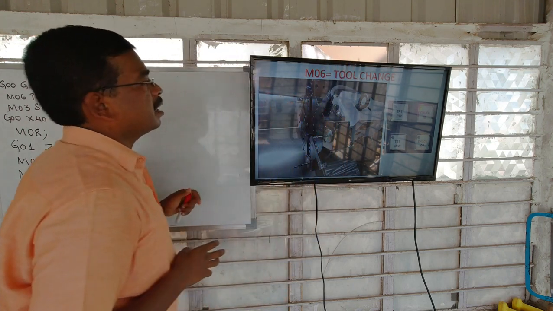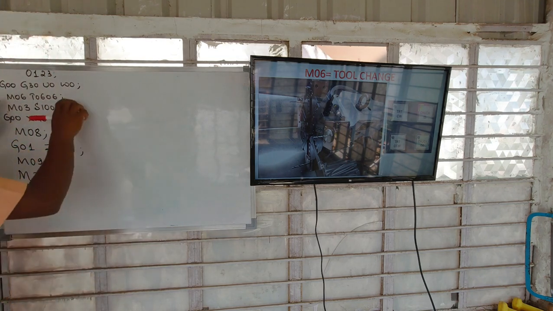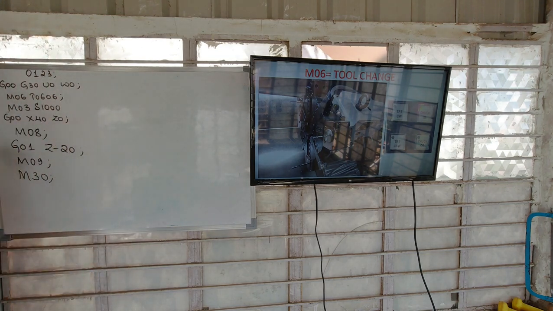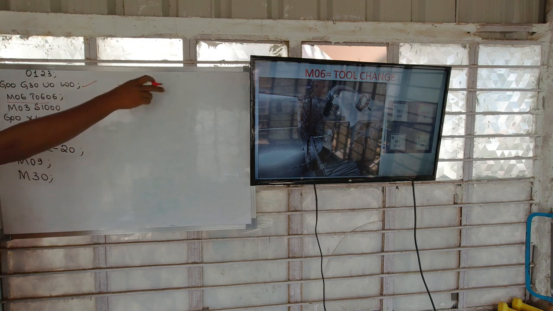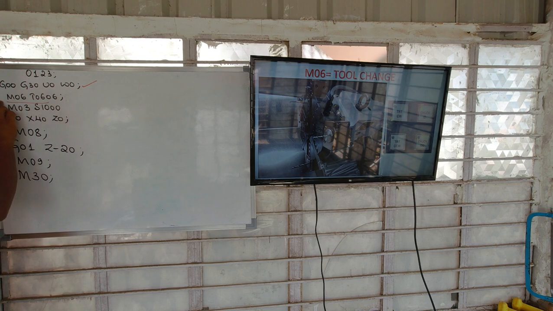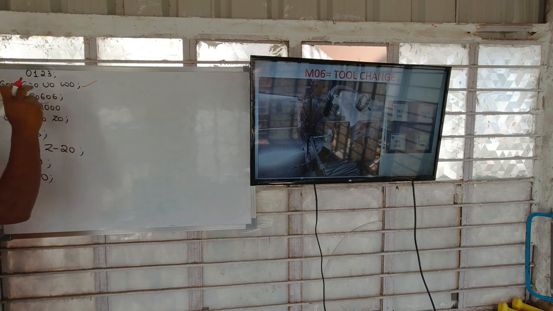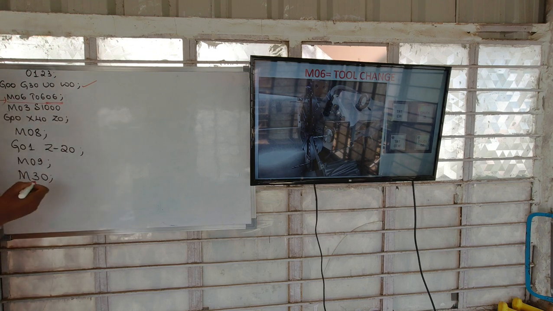As soon as the controller reads M06, it will move the cutting tool to its home position. So as soon as it reads M06 and T0606, the number 6 tool will come into position for doing a particular operation.